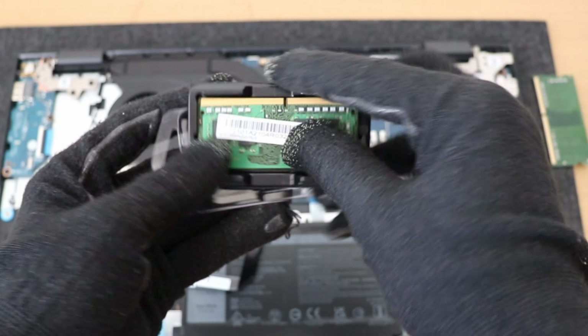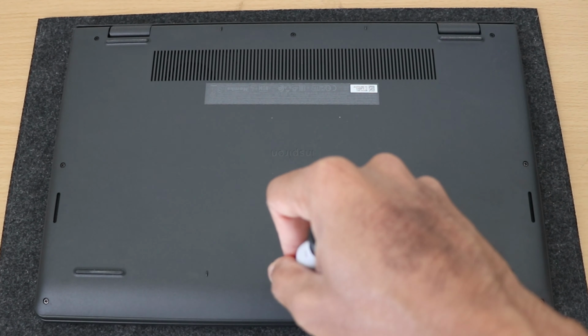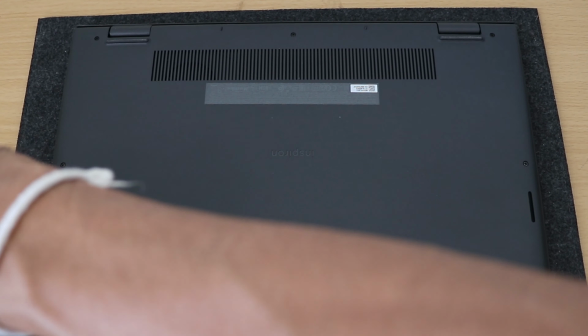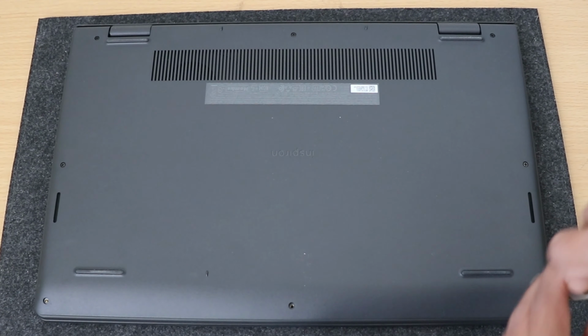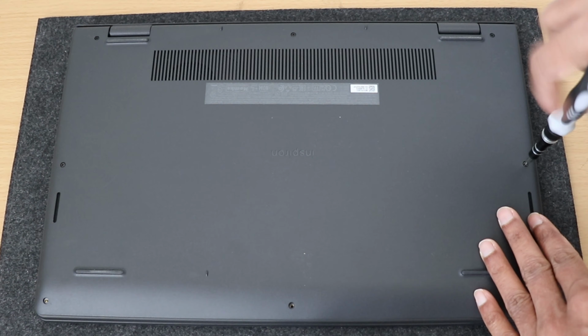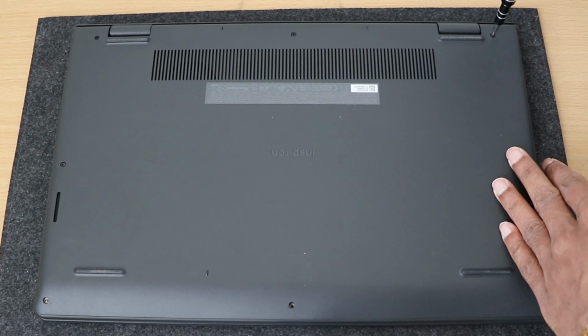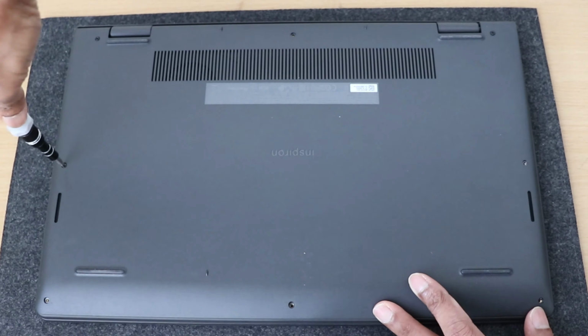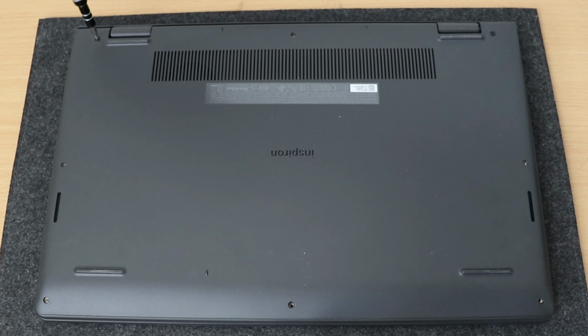Today I'm going to upgrade a Dell Inspiron 15 3511 laptop. To begin with, to get in, we're going to use a Phillips head screwdriver and take out all the screws. Then I'm going to upgrade this 8GB RAM and a 2.5-inch SATA hard drive, or you can install a 2.5-inch